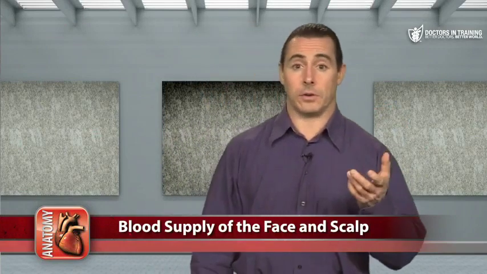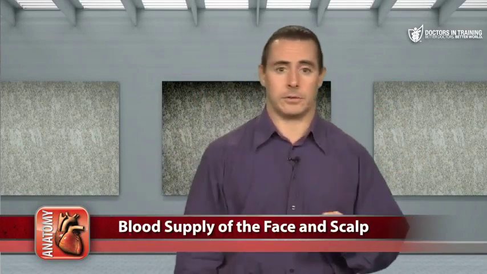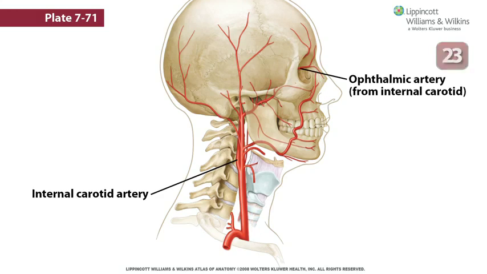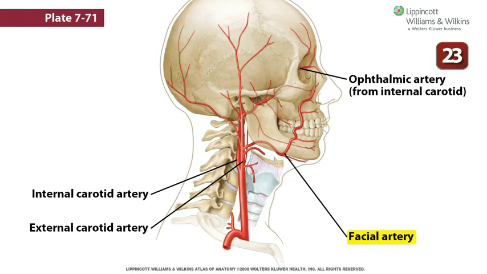The arteries of the face arise from branches of the internal and external carotid arteries. The internal carotid artery gives off the ophthalmic artery that runs through the orbit and exits onto the face. The external carotid artery gives off the facial artery that crosses the inferior border of the mandible to reach the